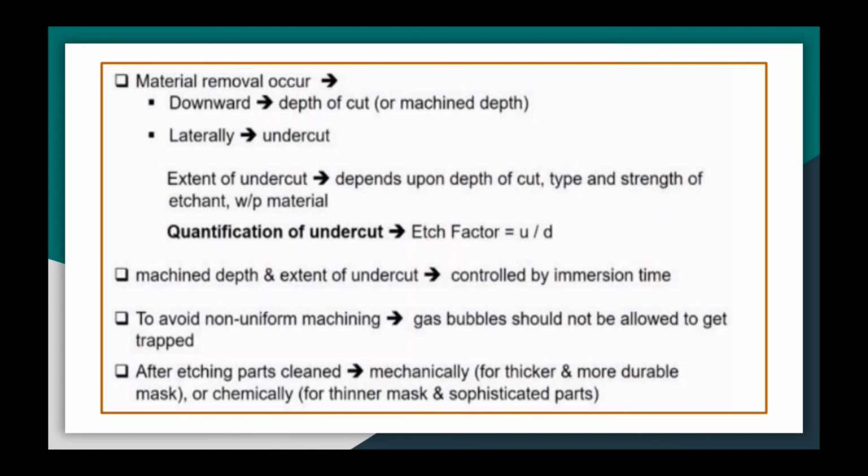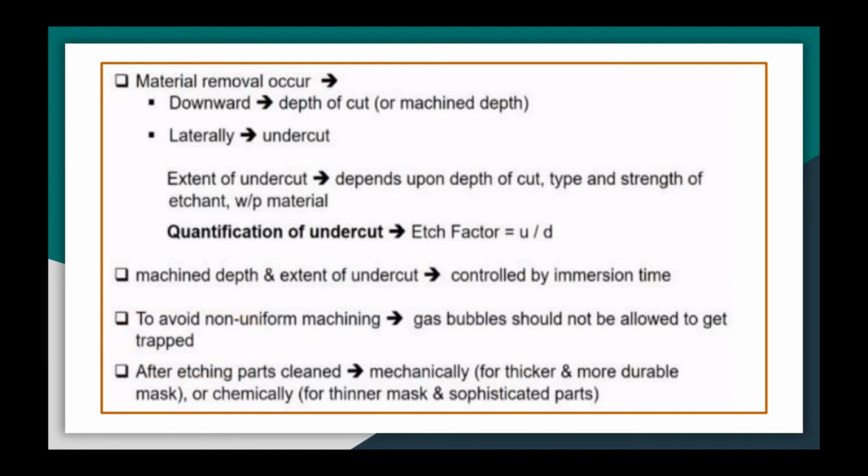Okay, for uniform machining, do not allow gas to be trapped in the etchant. To avoid non-uniform machining, gas bubbles should not be allowed to be trapped.